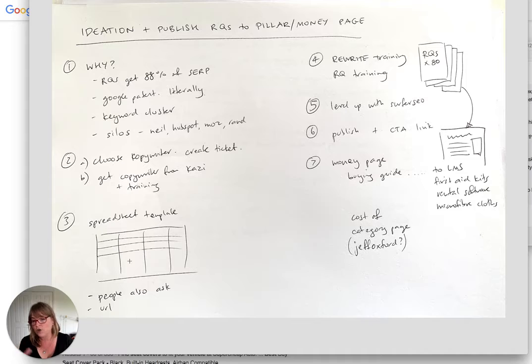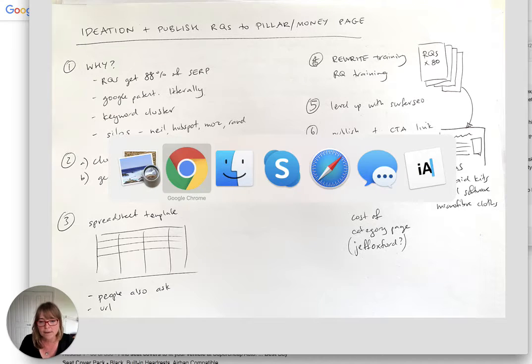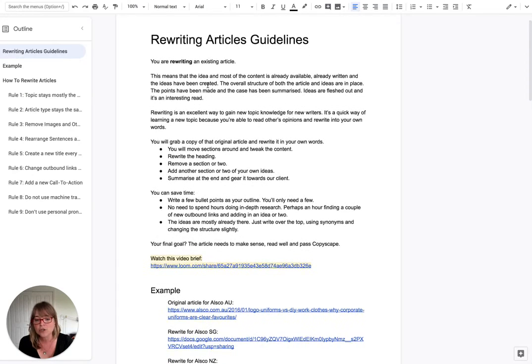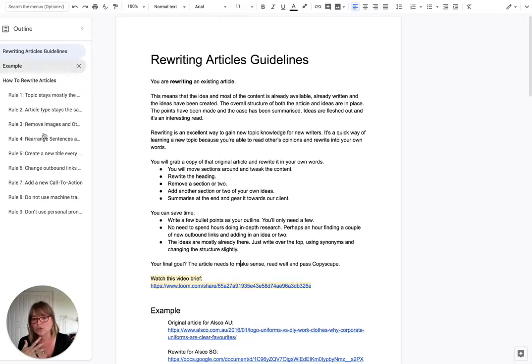So then you go through Jessie's process of creating this spreadsheet, which gives you all your original content. Then you've got to get the content rewritten. Because we run a content team, we have rewrite training: rewriting article guidelines that our writers use. You can see the headings here.